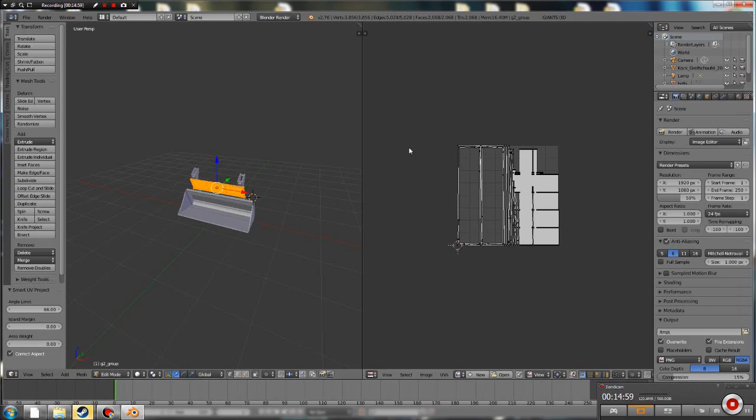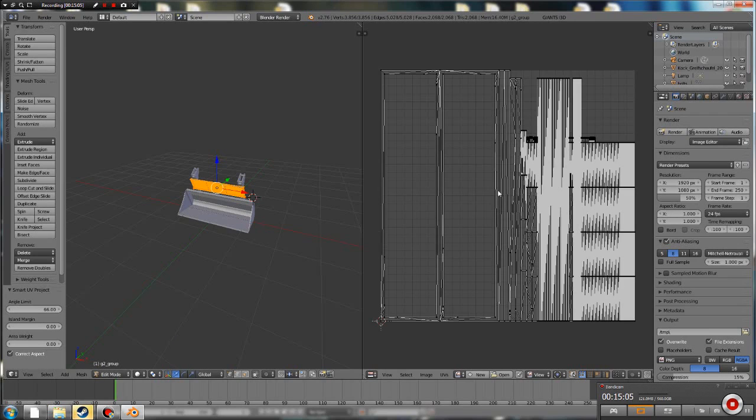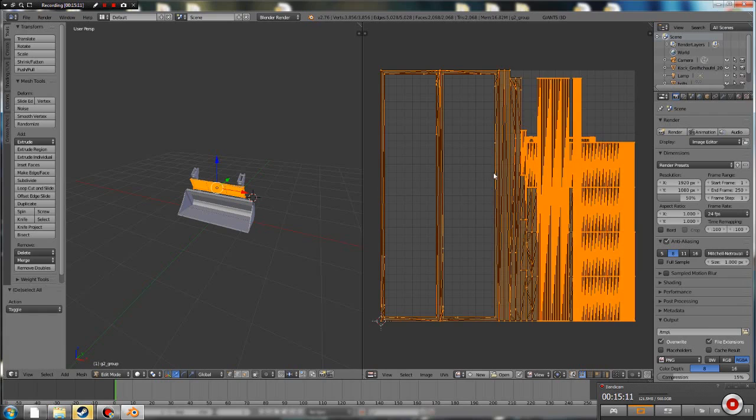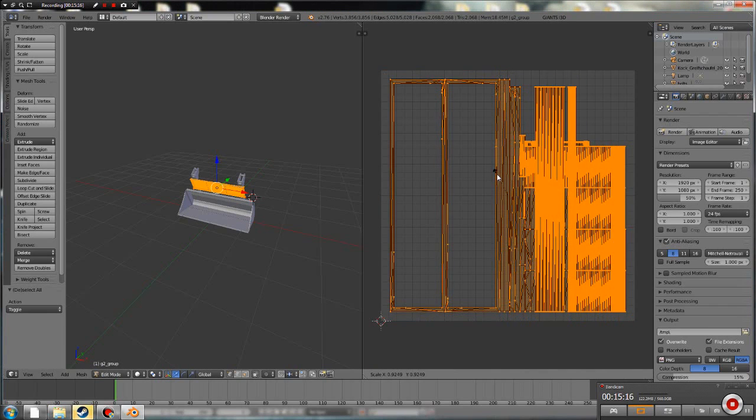So we go over to this side again, and we can scroll in to look at it a little closer. And with the mouse on this side, we hit A to select, S to scale. We scale it in just a little bit. And then